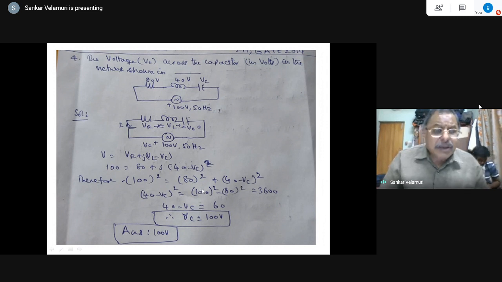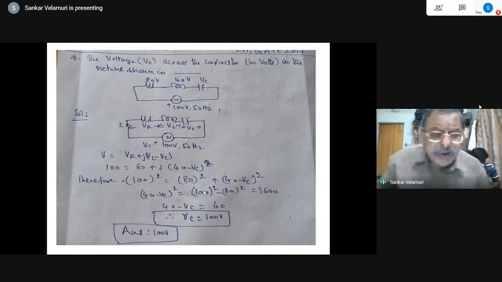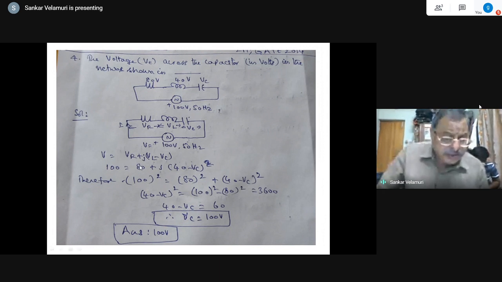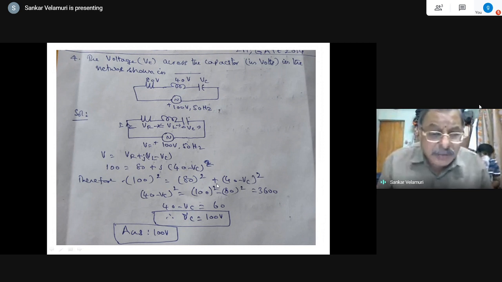This point is based on the RLC series combination of the circuit configuration, which we can write down easily. This is the complex voltage: V is equal to VR plus jVL minus jVC. Okay, that is to be struck into our mind. That is the only way, right?